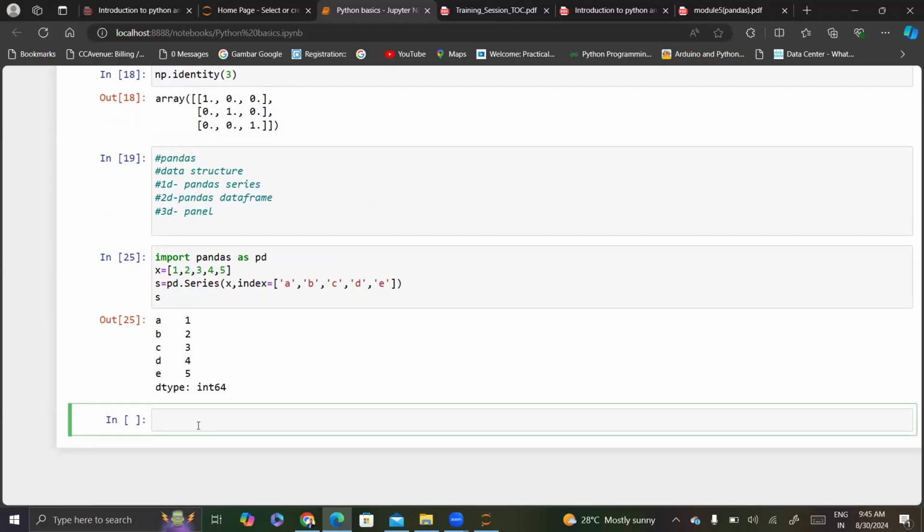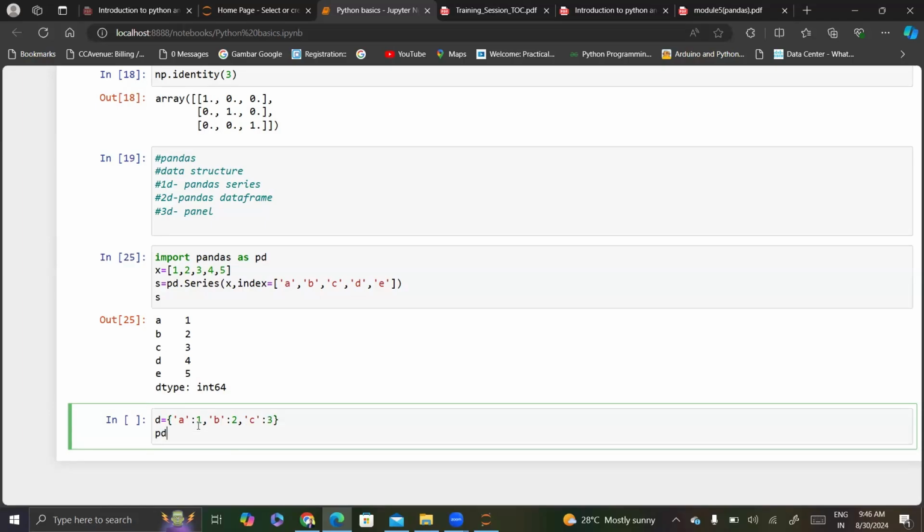Let's say I have a dictionary. This dictionary has some values, let's say A's value is 1, B's value is 2, C's value is 3, right? Now, when I do pd.Series of d,